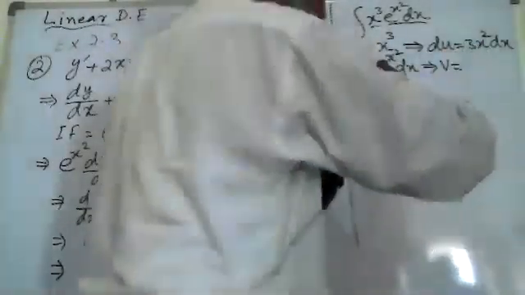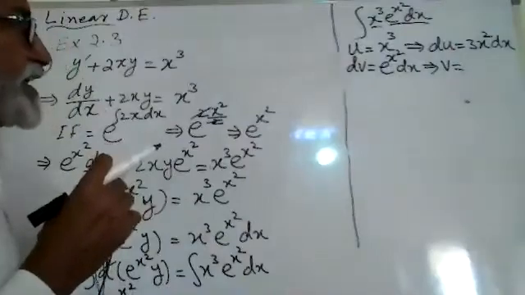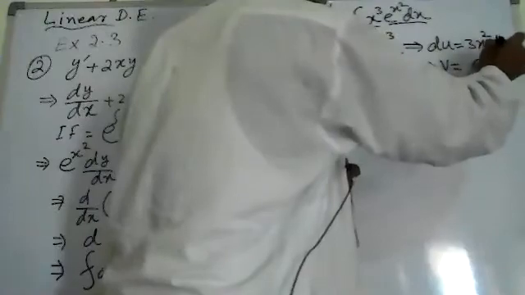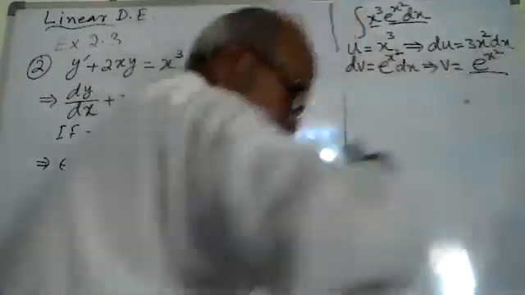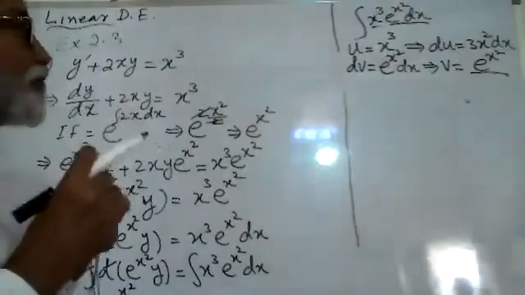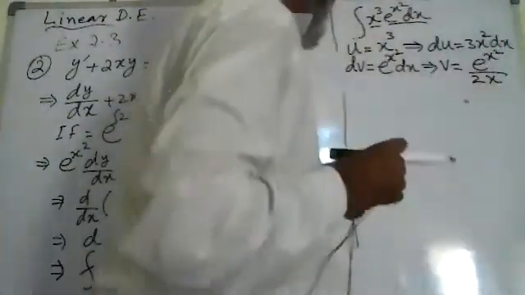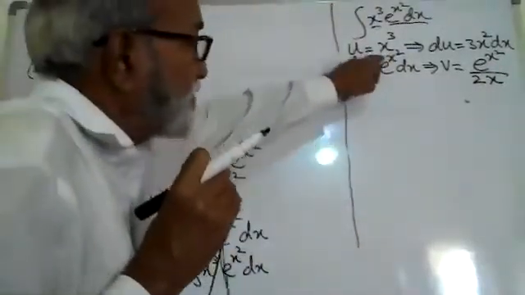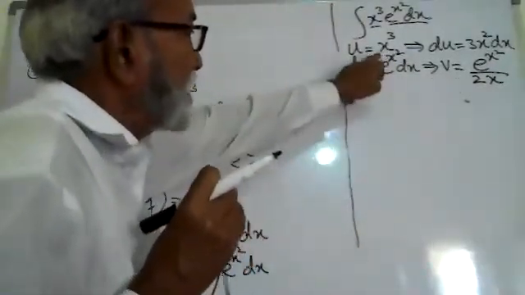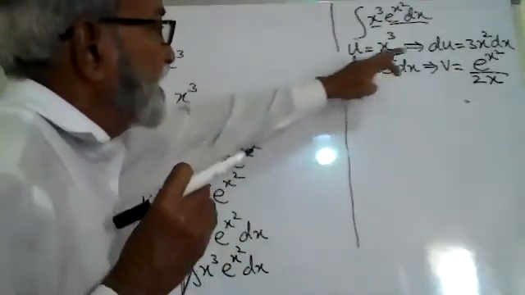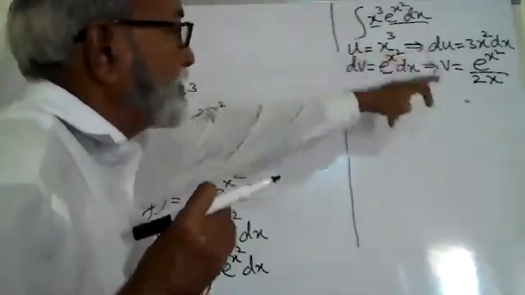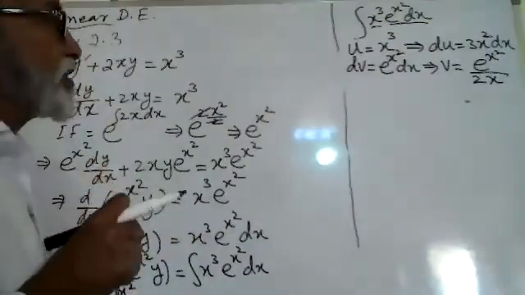So v will be equal to integration of e raised to power x square dx. It will become e raised to power x square as it is upon the derivative of the power, that is 2x. In integration we divide by the derivative of the power, and in derivative we multiply with the derivative of the power. So now